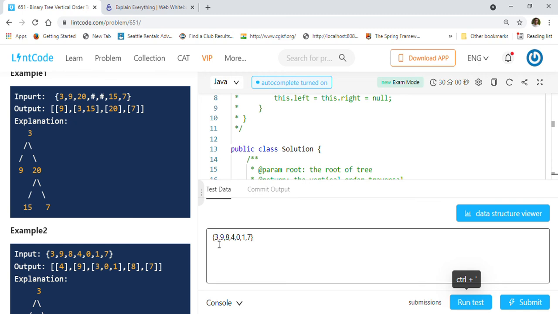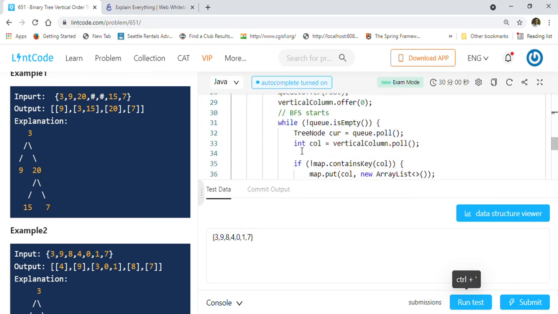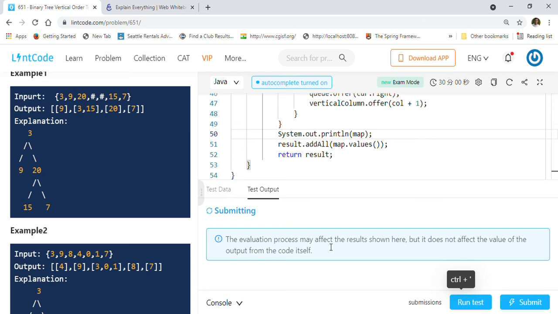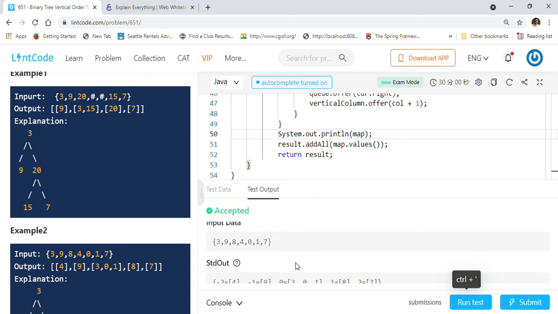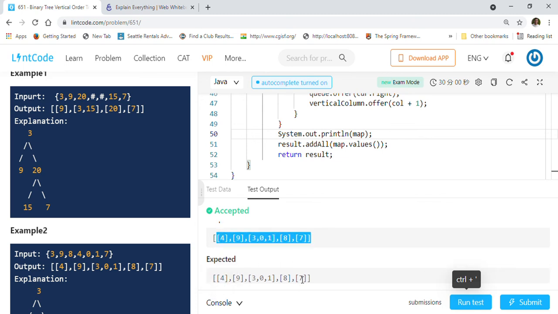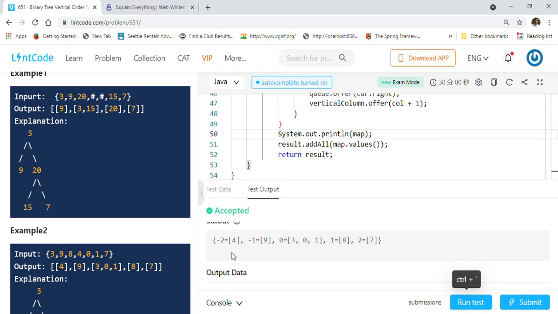Let's take some example here. So 3 9, this is the one example that we were looking at. I'll show you that map, and then we can remove that statement. As you have seen here, the output that we are getting and the expected output both match, and this is our map that I wanted to show you.